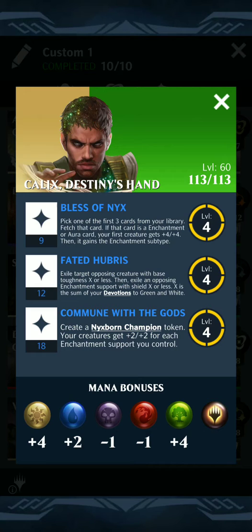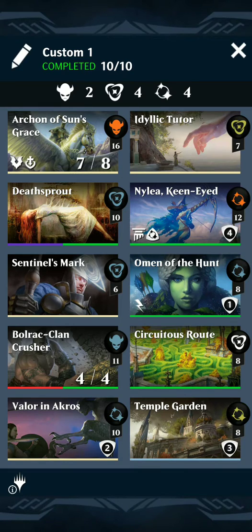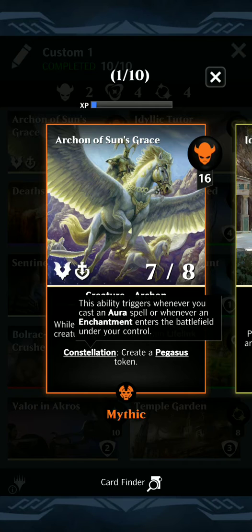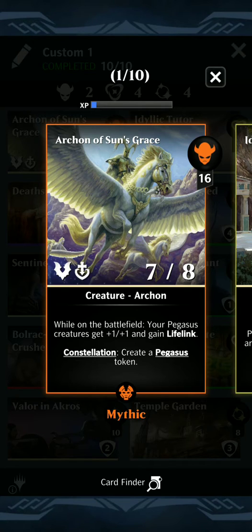Gaining the enchantment subtype was the interesting thing about this, because when combined with Archon of Sun's Grace, which has Constellation, create a Pegasus token, this ability triggers when you cast an aura or whenever an enchantment enters the board under your control. If you make the Pegasus token, so you spawn a Pegasus token, and then if you can make the Pegasus token go in your first creature slot, then every time that you would create an enchantment Pegasus, it would trigger Constellation again, giving you an infinite stream